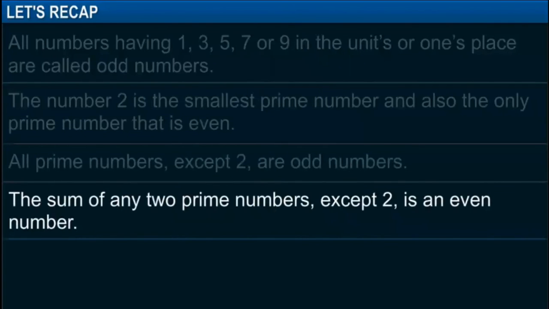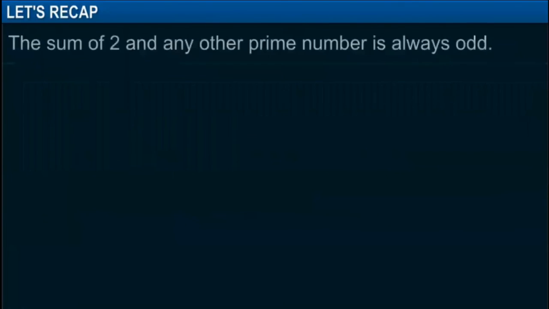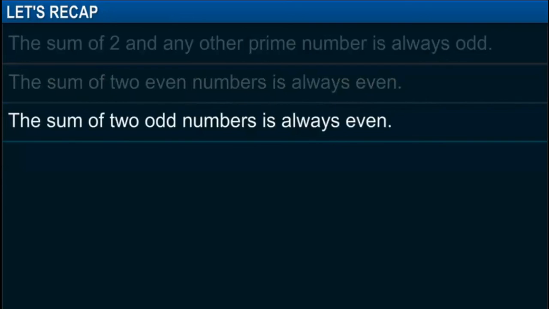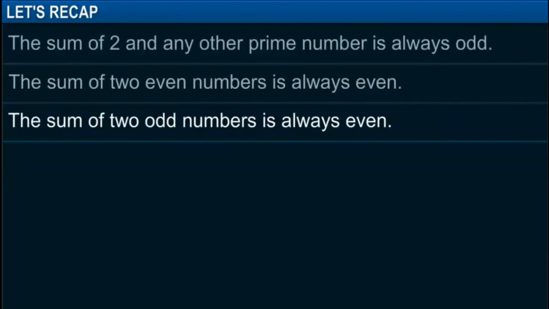The sum of any two prime numbers except 2 is an even number. The sum of 2 and any other prime number is always odd. The sum of two even numbers is always even. Miss, should we write this? No need. The sum of two odd numbers is always even. Okay, so this much is the recap of what we studied in prime numbers. Okay, now